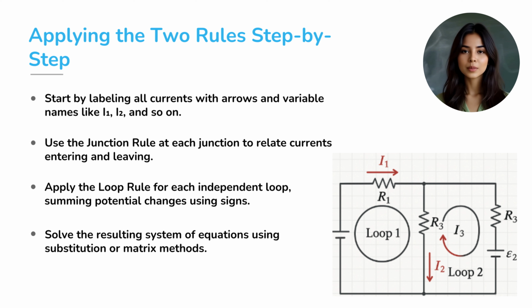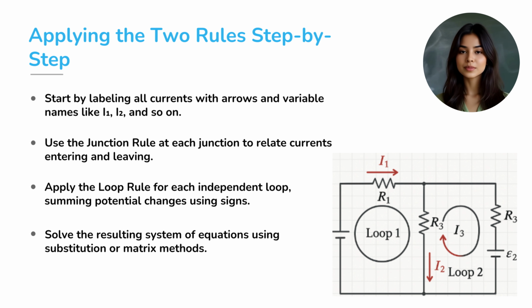Step 3. Apply the loop rule to each independent closed loop. That gives you equations involving voltages and resistances. Step 4. Solve the system of equations to find the unknown currents. By combining both rules, you can solve even the most complex circuit, whether it's a power grid or a circuit